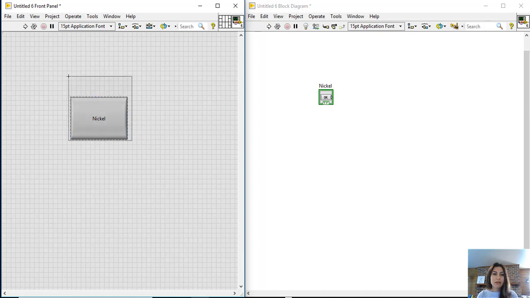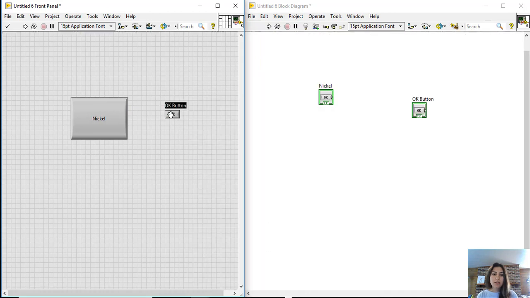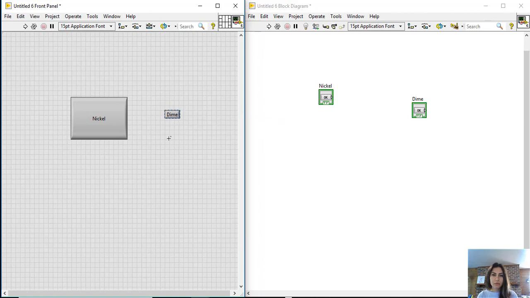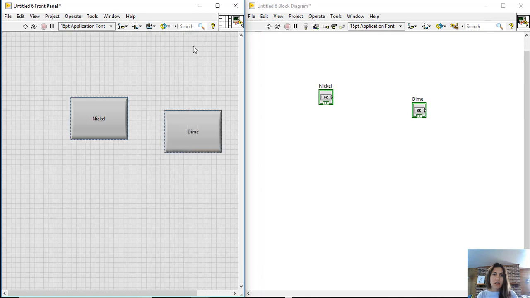Let's do the same thing. Go to Boolean, OK button, and this time we are having a dime. I want to select this, right click, visible items, and remove the label. I want this to be the same size as this, so I'll select all of them, come here and choose this,